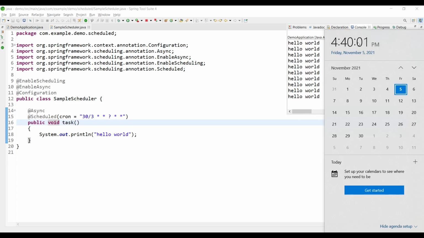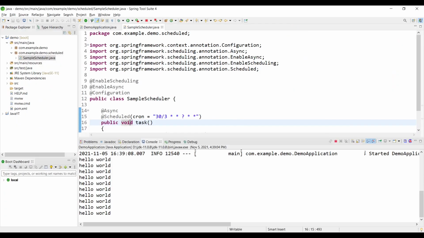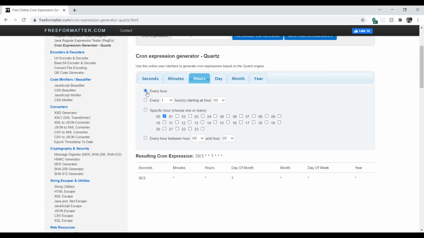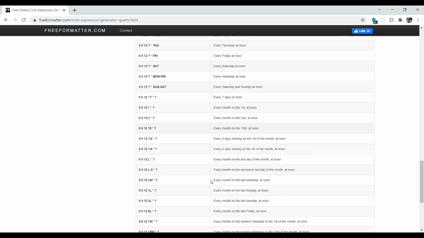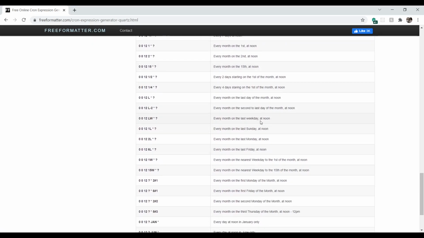So the clock has turned to 00 for the seconds. So now this has been stopped temporarily. So once it hits again 30 for the seconds, it will begin again. So this was one of the examples of what you can do with cron expression. If you can't understand this, you can check out these examples. These are very helpful, and I think you can find more than what you need from these examples only.